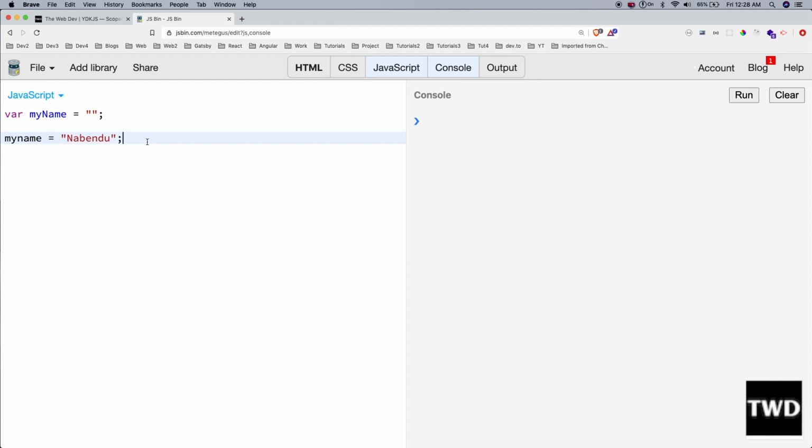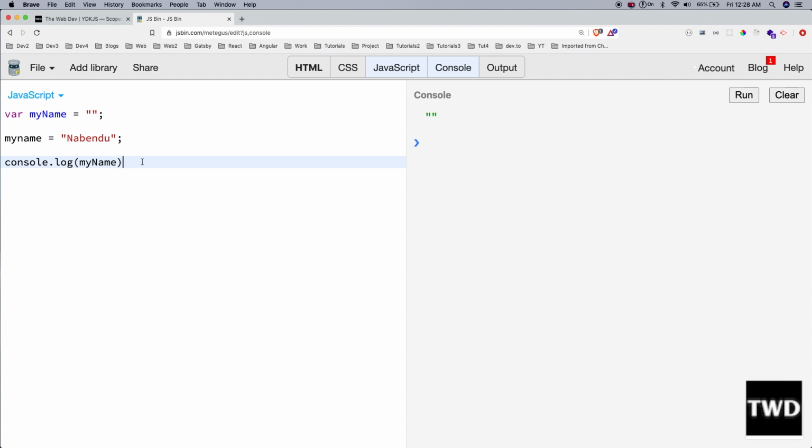So if I console.log myname, it gives this empty string, but I thought it should do it like this.